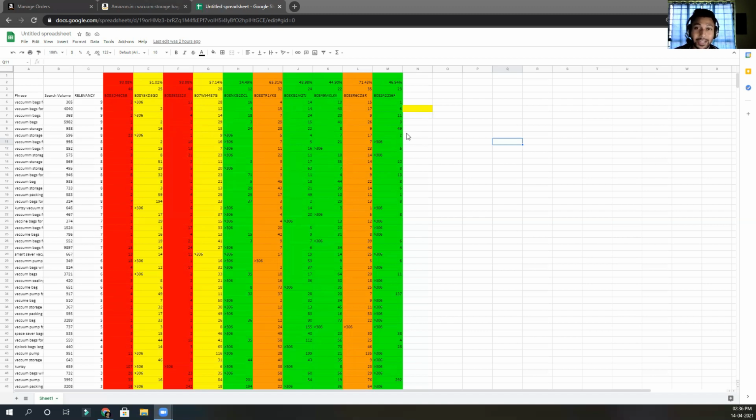I am sure that is going to be very valuable. So that's it guys for this first part of this series. So in the second part I am going to cover how I am exactly going to target these green products. Those are not that competitive and I can easily beat them. I am going to show you how I am going to compete against their keywords which are ranked in the first page.